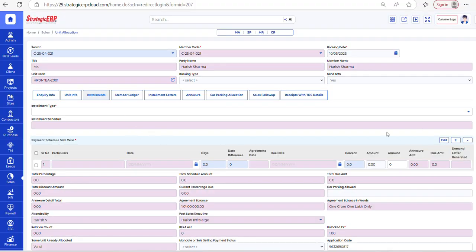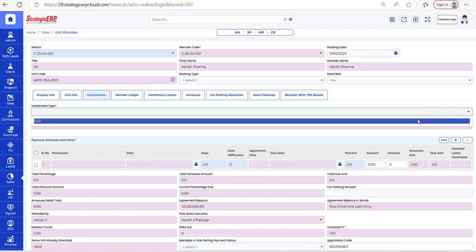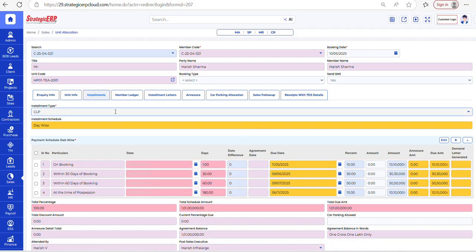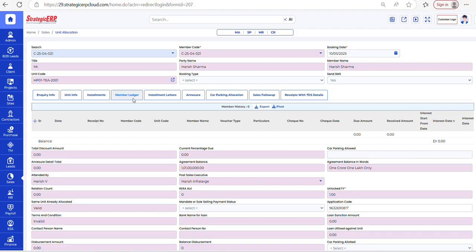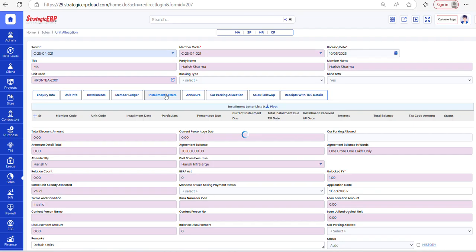If any installment is to be paid, that is basically selecting the payment plan. Based on the payment plan, once it is done, you capture the member ledger. These are ledger payments: the payments done, which are received by the promoters or the developers. And you have installment letters, a concept where once you raise a demand letter, the demand letters raised to the customer